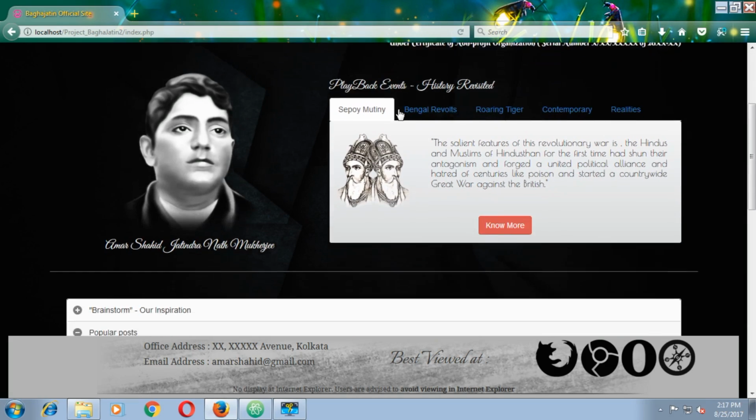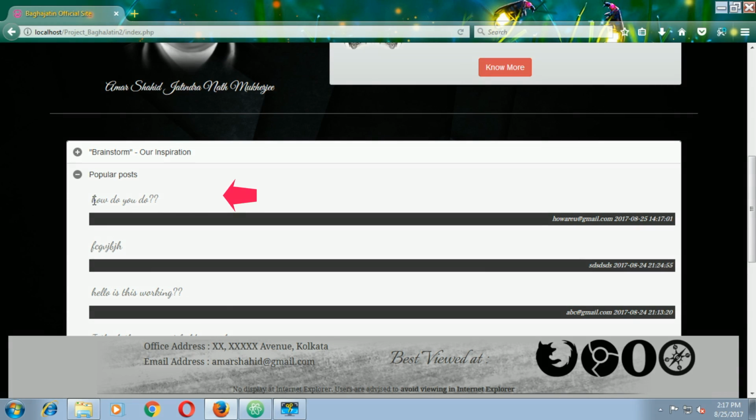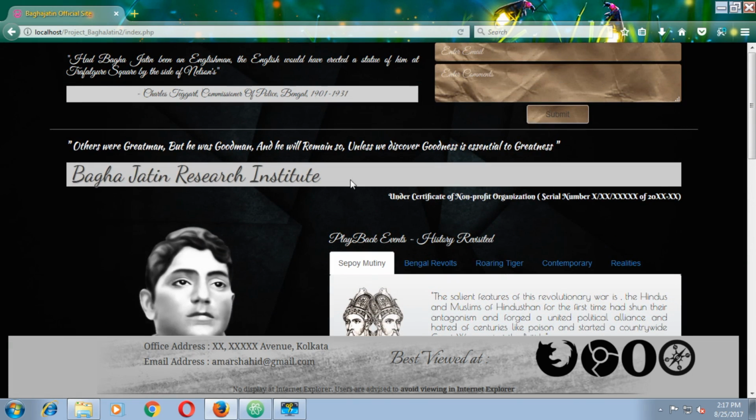And if we come down below over here, we can see that the input that so far we have given into our form field here, it is now being executed over here. So this is the thing that we are going to understand in our following up courses. Now, if we just analyze this website, all we can see here that multiple things are being taken into consideration over here, such as the primary thing and the basic thing is HTML and CSS, as we have taught you previously. Then the second thing is Bootstrap responsiveness.